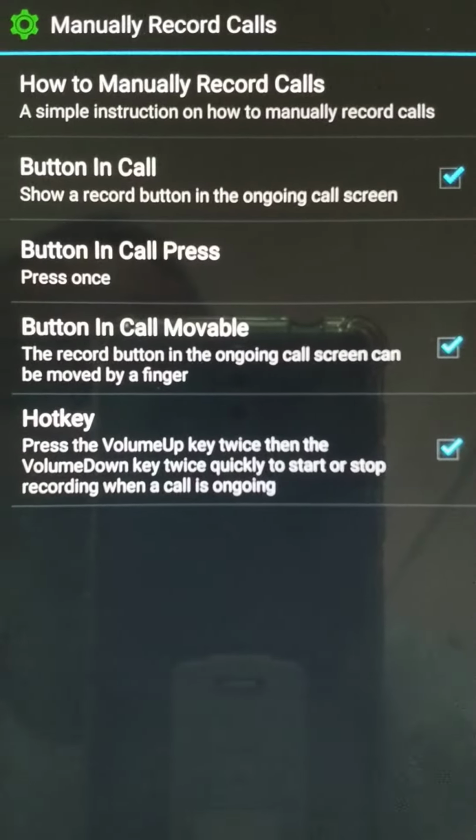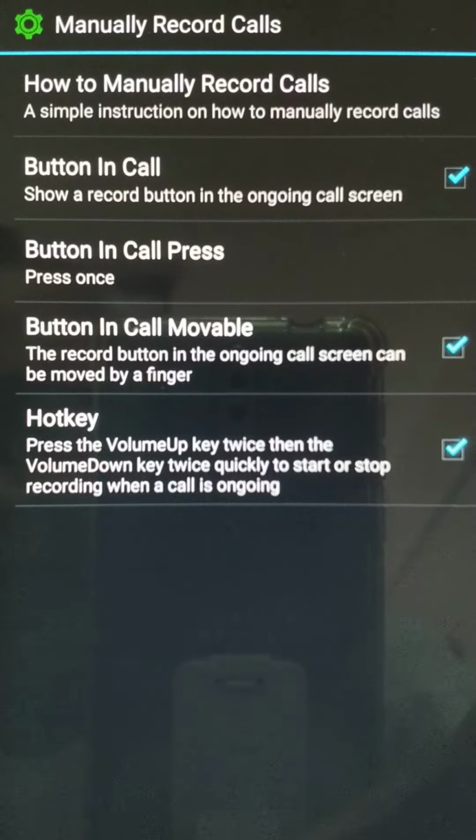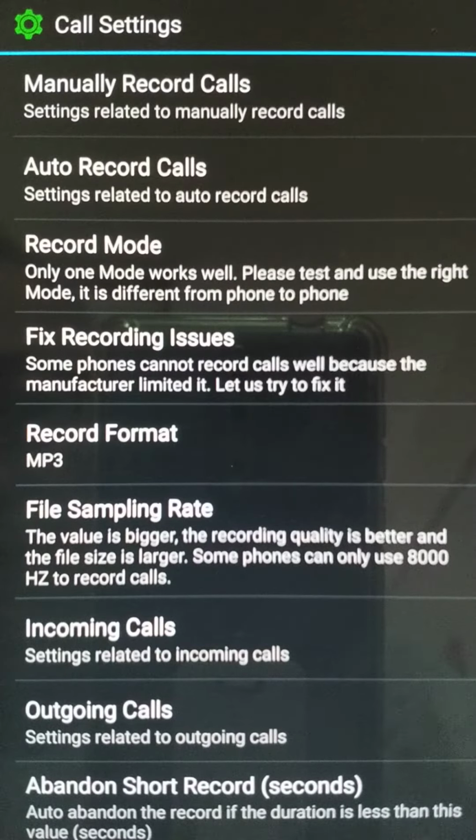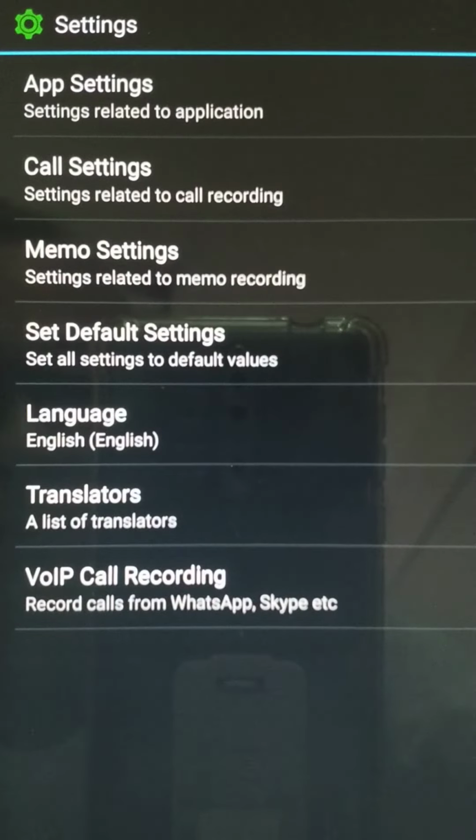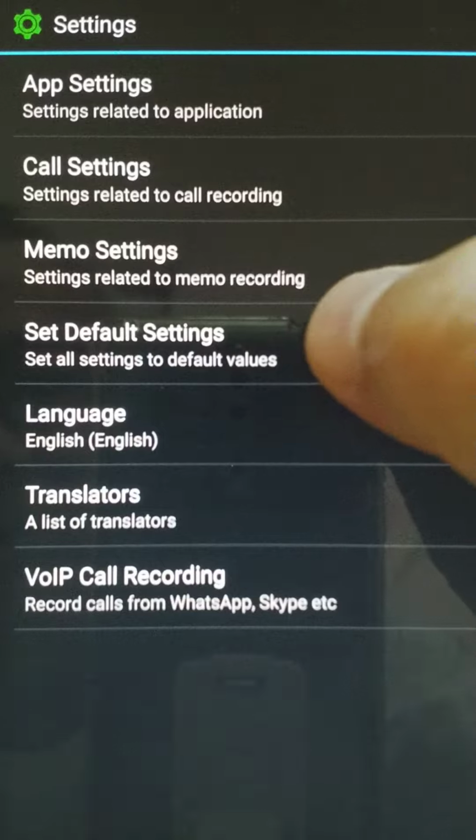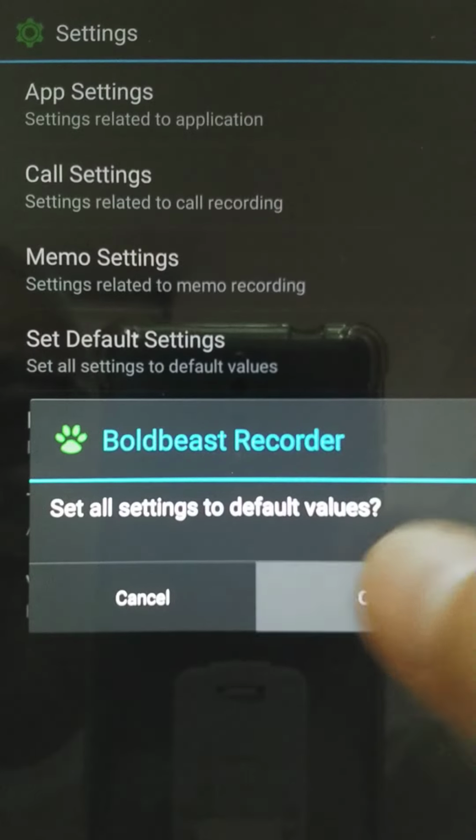Then come back to Bobis and go to Set Default Settings, tap OK,